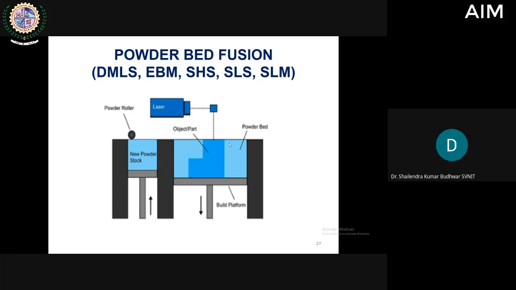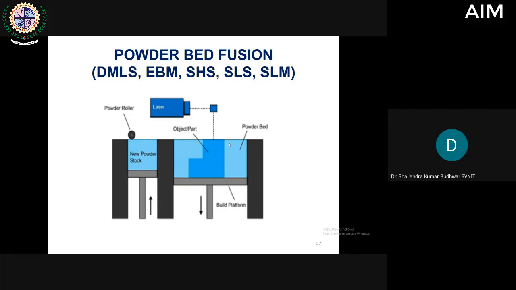Now selective laser melting, as compared to SLS, is faster, but requires the use of inert gas, has higher energy cost and typically has a poor efficiency of 10 to 20%. Because in the case of metallic powder, when we use the SLM technique, selective laser melting, we need to protect the metal powder from the environment. Otherwise oxidation or carbonization of that powder may occur. So for that we need to use inert gases.